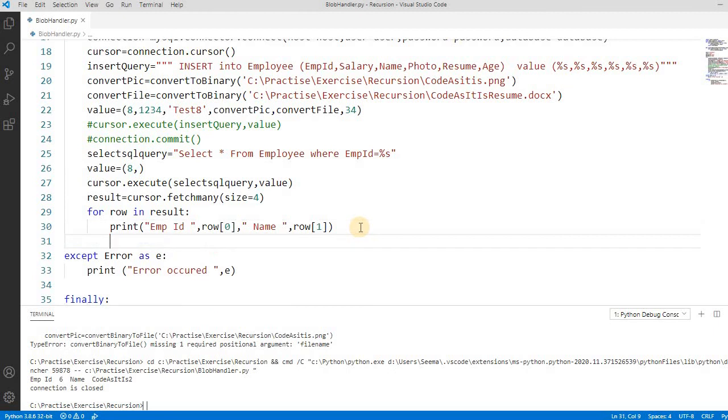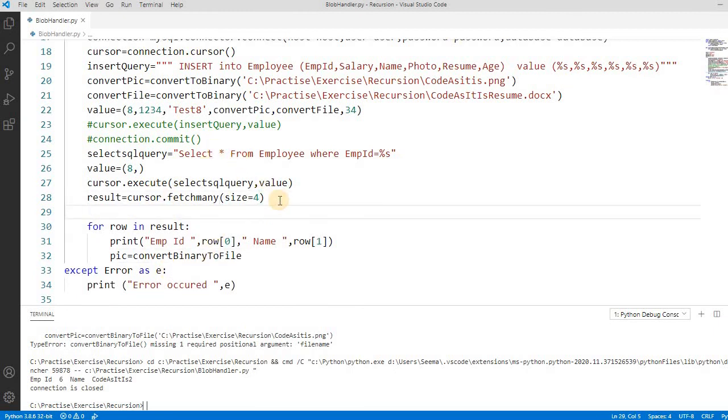So let's say here, something like picture, and then we have to write convert to binary file. Let's put a name, something like the name of the file, say picture name. Let's copy this.